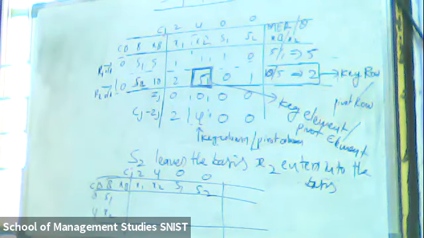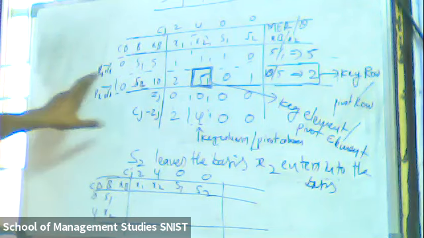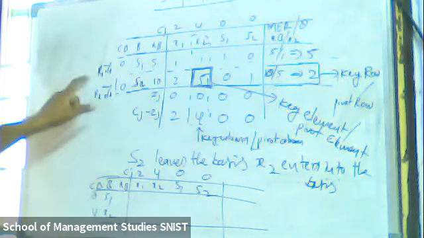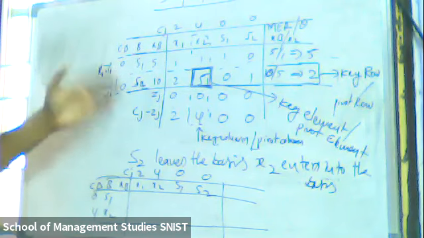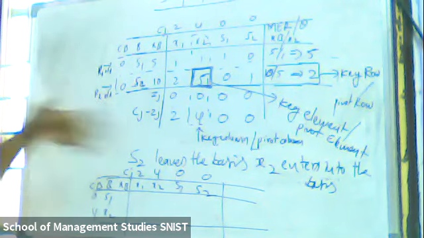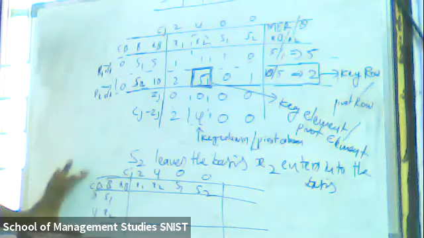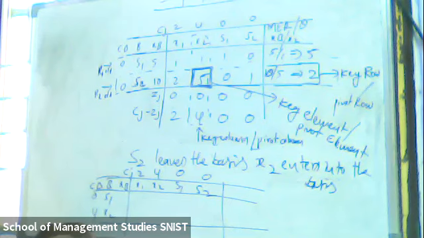Any doubts? I'm considering the first constraint values as R1 old and R2 old. Why old? Because it is the initial table, which we already did. Now this is the second new simplex table that we are writing. First remember one more step: which one leaves the basis and which one enters the basis has to be found out first, initially, in the new table. Is it clear? Yes, sir.